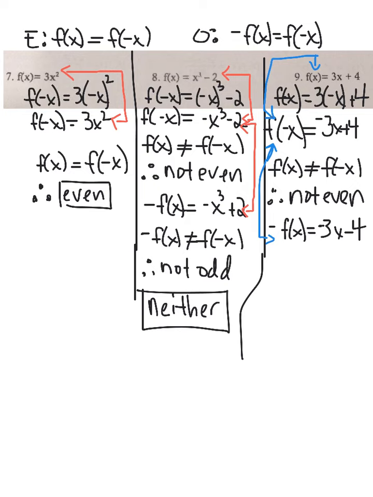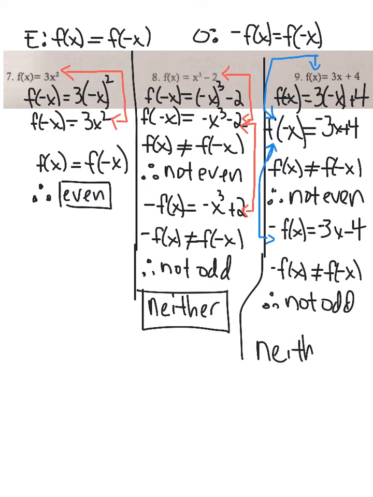Okay, so we're going to write negative f of x does not equal f of negative x, and then you're going to write therefore not odd, and then you're going to write the last important bit of information, which is this is a neither. All right, so turn the page, look at page 30, and go to number 11,